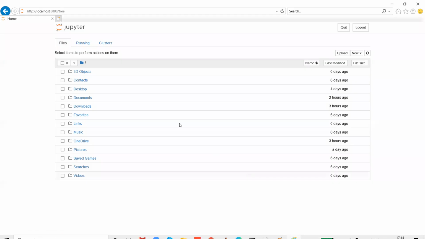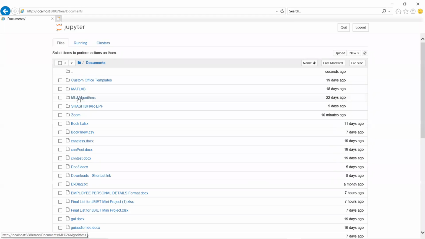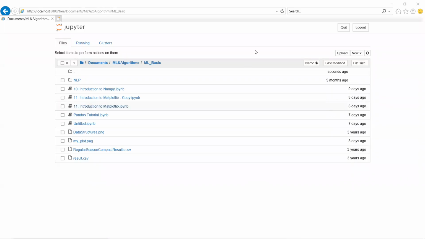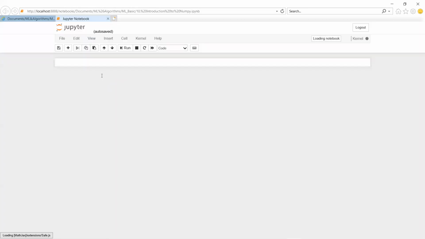And today we have to discuss this Jupyter notebook. The same coding about images, matplotlib, NumPy, everything we can do in Jupyter notebook also. I'll show you one example. This is the introduction to the NumPy package.